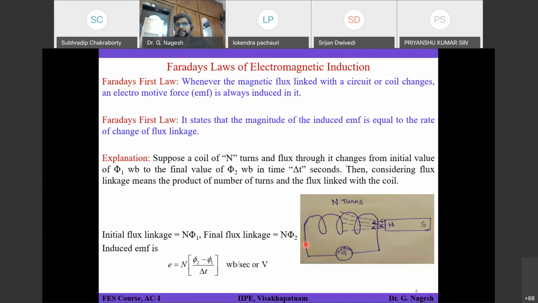The second law states that the induced EMF is equal to the rate of change of flux linkage. The difference between flux and flux linkage is nothing but the number of turns. The flux passing through the coil is phi 1 at instant t1, and you multiply that with the number of turns. I can design a coil of 10 turns, 20 turns, or whatever it may be. So if I consider N as the number of turns in the coil, then N into this flux phi 1 is called the initial flux linking the coil at time instant t1. If you consider some other time instant, that flux will be varying.